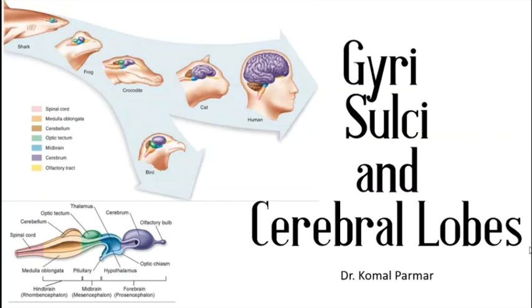Welcome back everyone. So today we have our class about the gyri, sulci and overall the features of the cerebral lobes. You might think that all these gyri and sulci have a very unique pattern, brain to brain and side to side, and you're not very wrong. But in all those differences, or let's just say morphological differences, there lies a coherence and uniformity in the pattern.